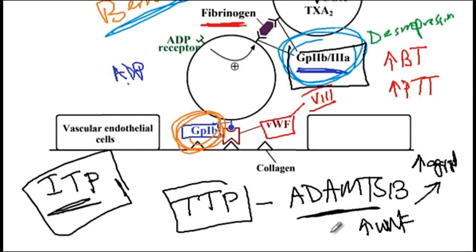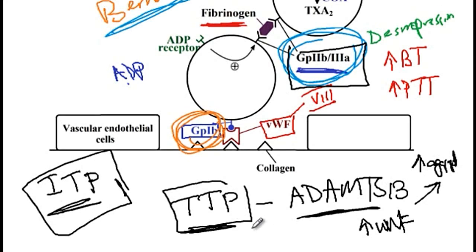So for both of these conditions, ITP and TTP, due to the reduction in the number of platelets, there is an increased bleeding time. Now, one other point I would like you to know is that there is a condition called hemolytic uremic syndrome, and this condition has similar presentations to TTP, but the main difference is that hemolytic uremic syndrome is generally associated with the consumption of raw hamburger due to the presence of the E. coli